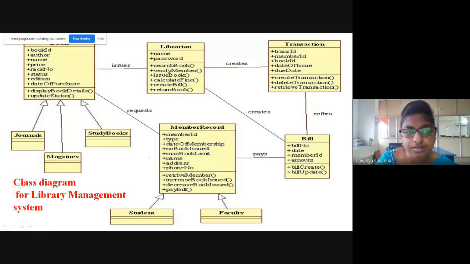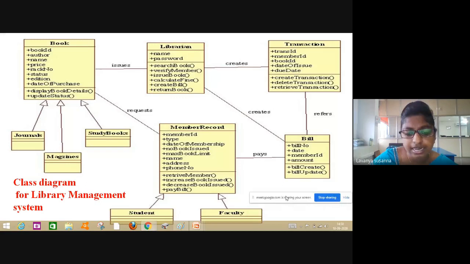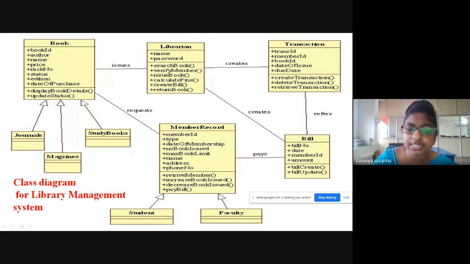I hope you understood. This is the class diagram for library management system. Is it okay, students? Are there any doubts in this class diagram? Are you able to understand? This is very simple. First, you need to understand what the system does. In this system, who will participate? And what are the operations those users will do, and what functionalities the system will provide to you? That you need to understand.